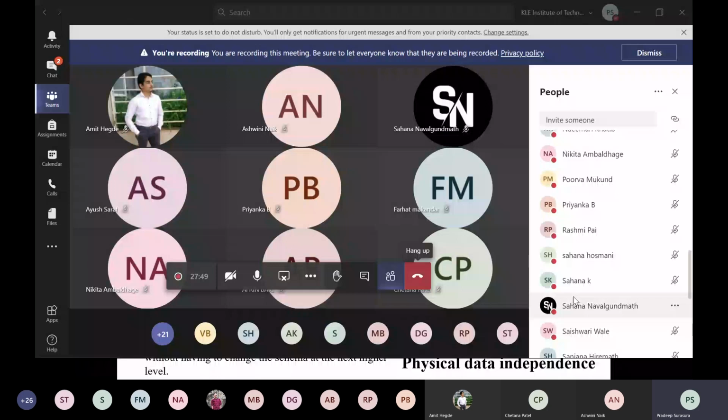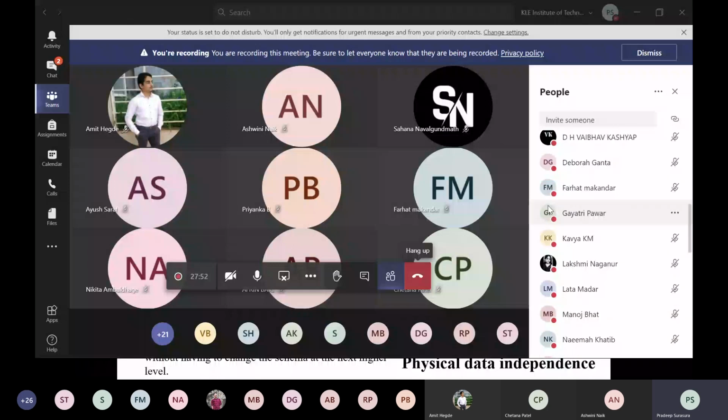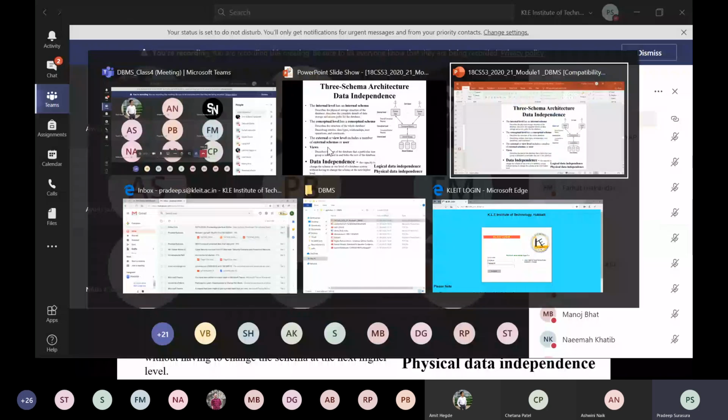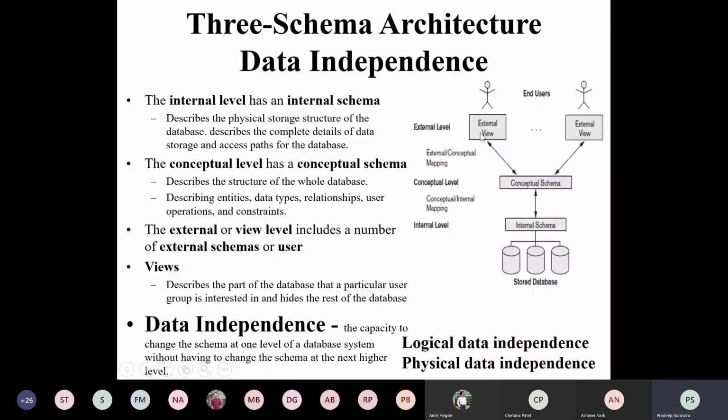Okay, everybody can see the presentation has been loaded in the Teams portal. You can use it for your purpose. Also, the first assignment, the pre-survey, was floated. Shortly another assignment will be loaded.